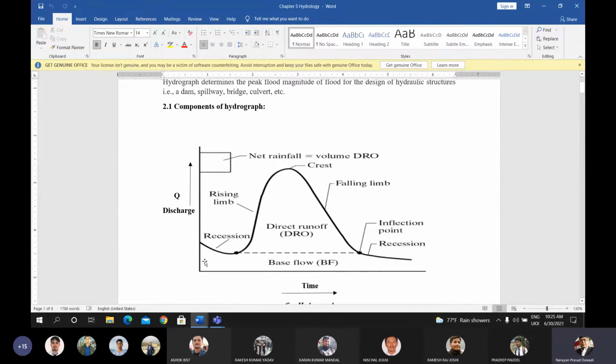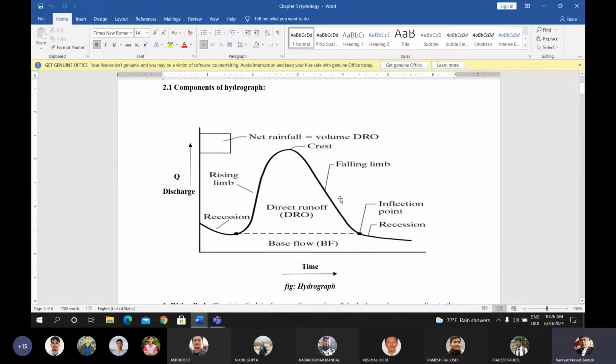Hydrograph is the figure, that is this curve figure. After plotting the values of the discharge and the corresponding time, that is time after the rainfall, the discharge at the outlet of the river is measured, and that discharge with respect to time is plotted, discharge in the ordinate direction and the time in the abscissa. You will get this type of curve. This type of curve is called the flood hydrograph.